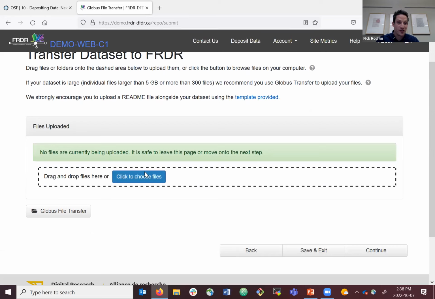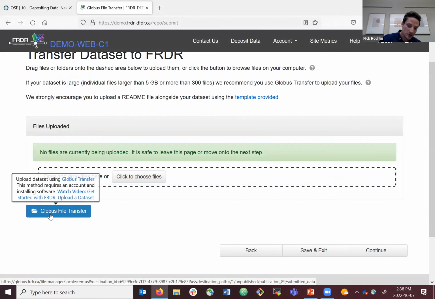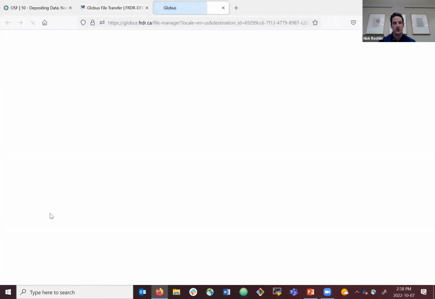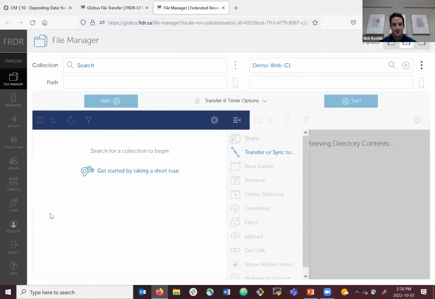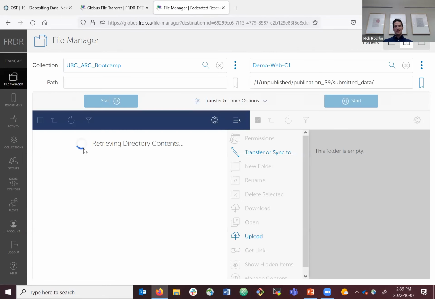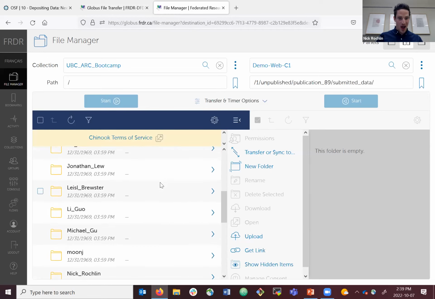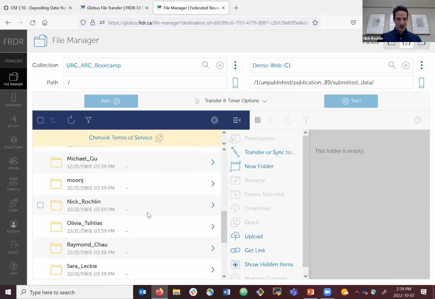You can just do a drag and drop, or you can click and start. This is just my desktop. You can directly transfer files from your computer, but you can also use Globus file transfer, which I'm going to test out. If you were in the Globus section earlier, you can just search, and we have this UBC ARC Bootcamp collection. If you weren't in this session, you can just follow along, but you might have actual data that you can do. I have my account down here, Nick Rockland,